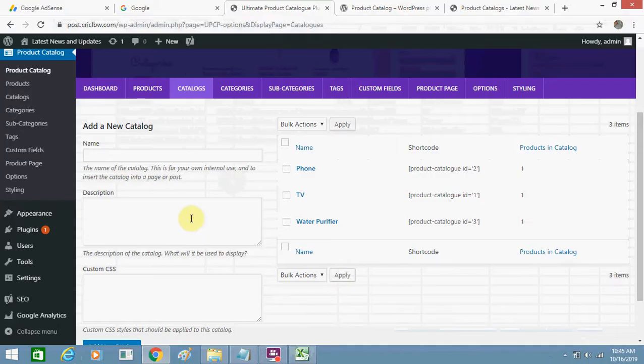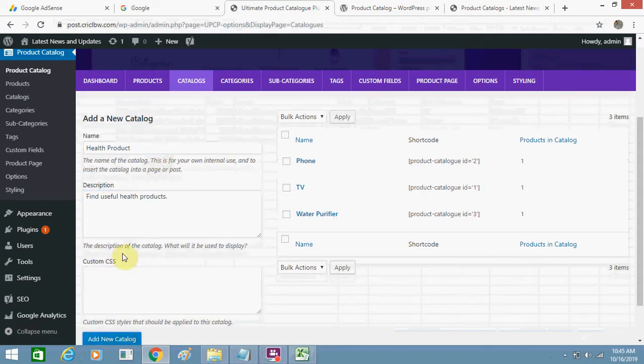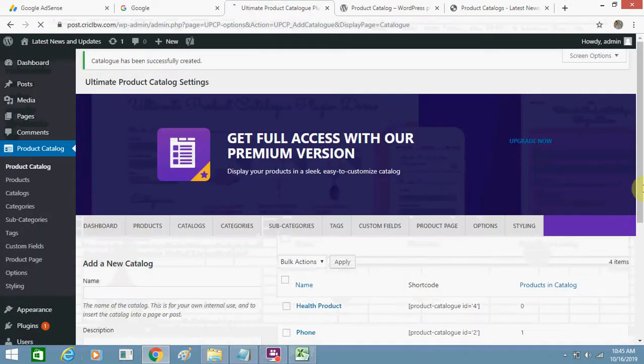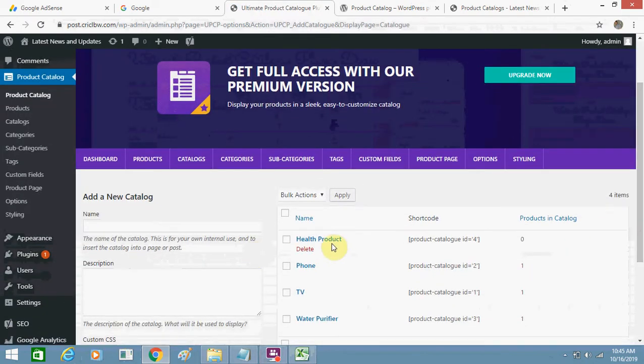So I will add another catalog. Click on add new catalog. So my new catalog, health product, is also added.